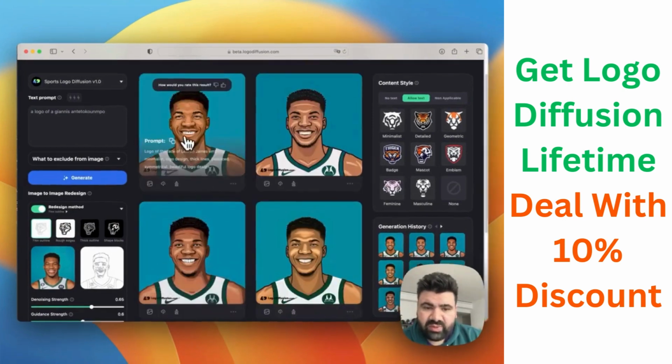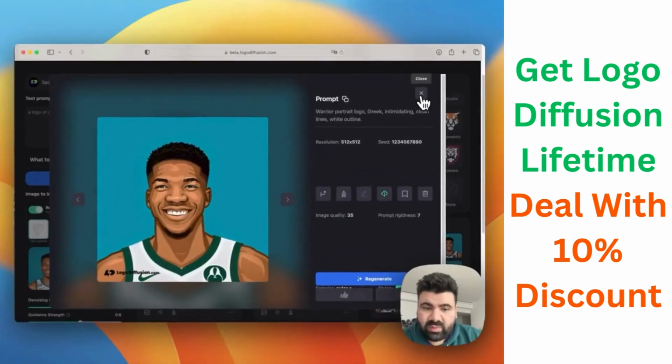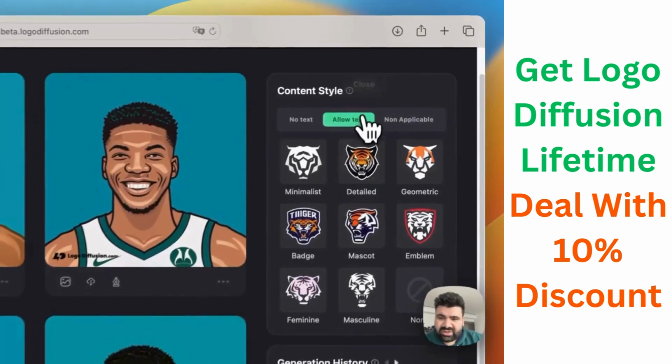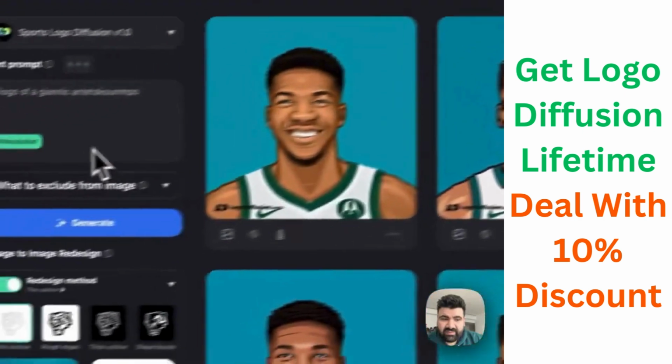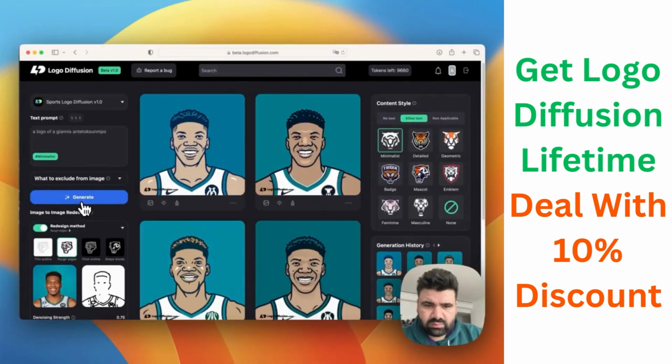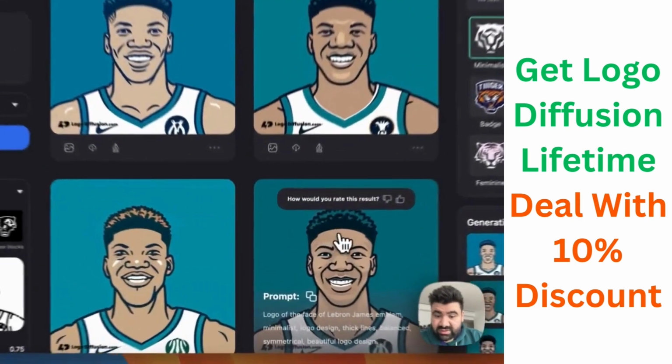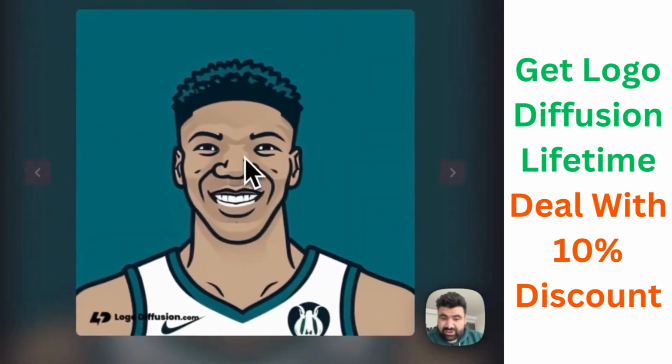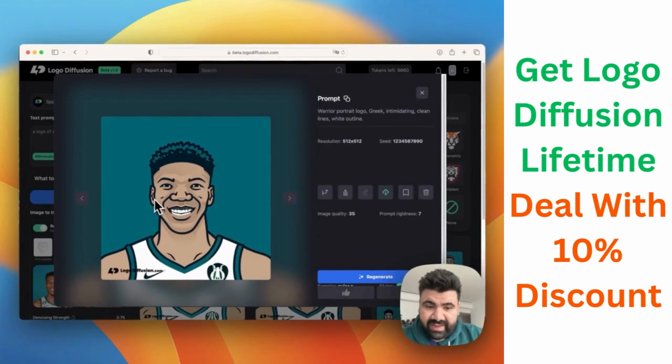So you can see now we got results that look more like Giannis, but the problem is we got way too much details. So what I can do is click minimalist and give it another go to see if that changes anything. And now you can see that we got results that look more like an illustration. It looks like Giannis and it has that minimalist look that we could just take into Illustrator and clean up a little bit and